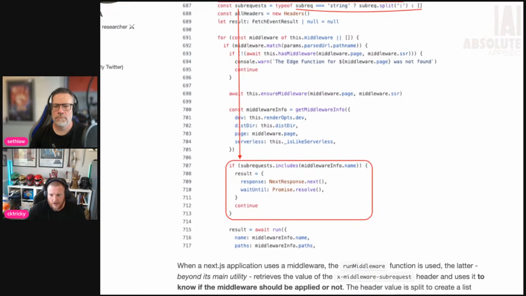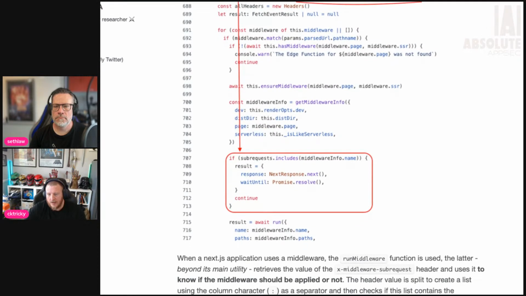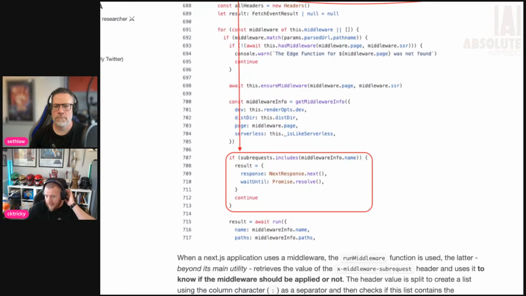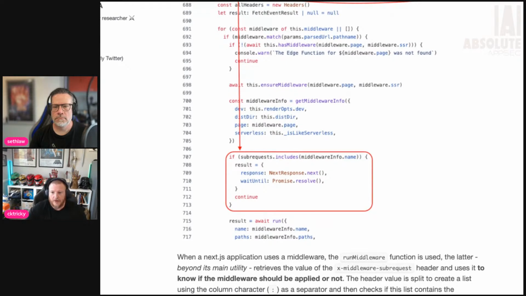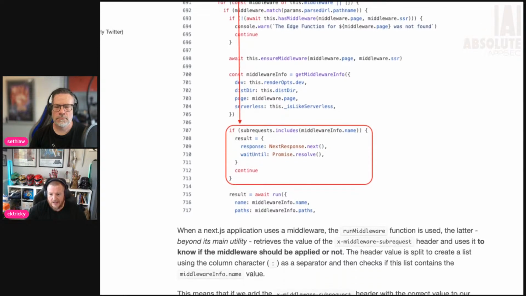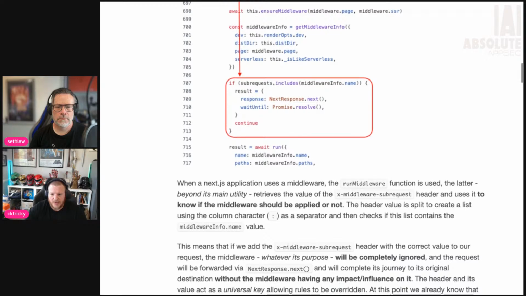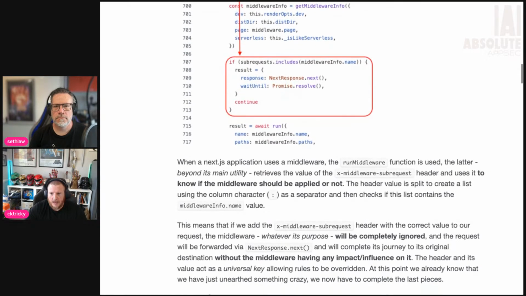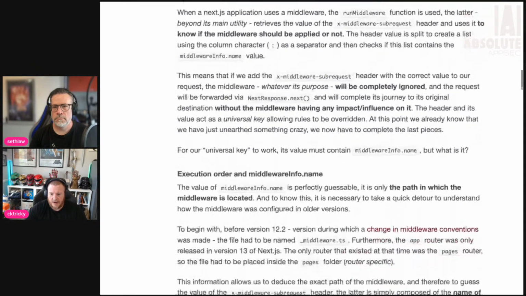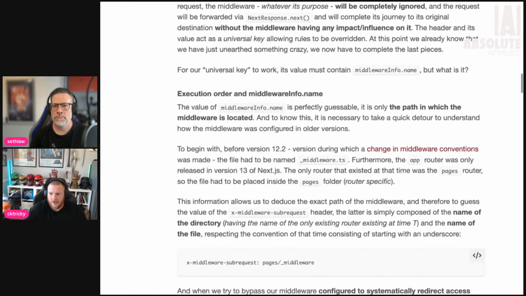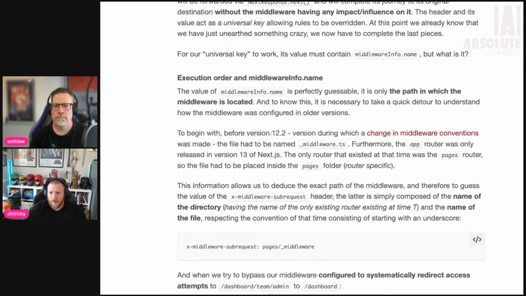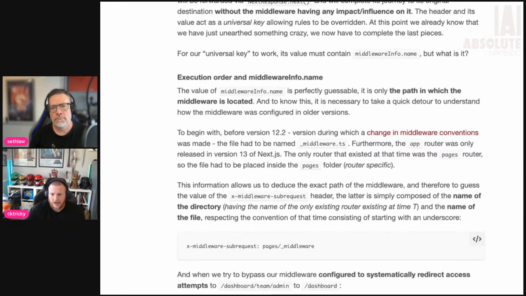The last thing I'll say here before I pause and have Seth weigh in is, going back to middleware info.name and the question of what that is: again, because this is a very naming convention specific framework, I want to say that before version 12.2, the middleware convention had to be named _middleware.ts. So in 12.2 and below, there was only one way you could name it.